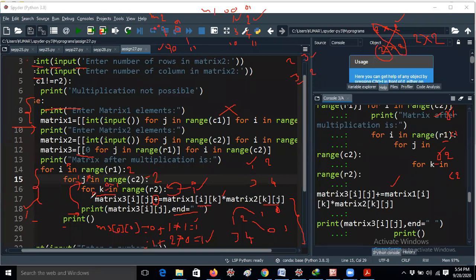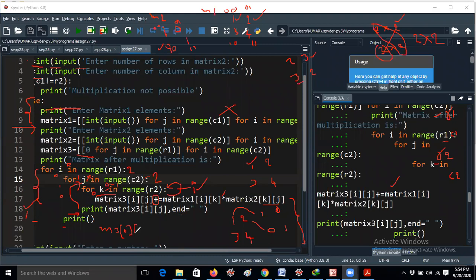Now k is 0. So here you should understand very carefully: i value is 0, j value is 1, and k value is 0. So now you should perform the same operations again. Let me remove these lines, guys, because there is no space for me. So now m3 of ij, i value is 0, j value is 1.